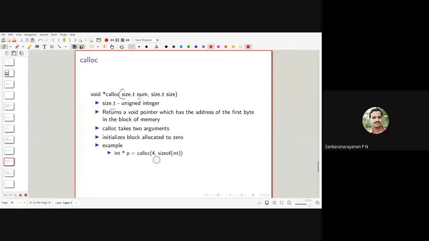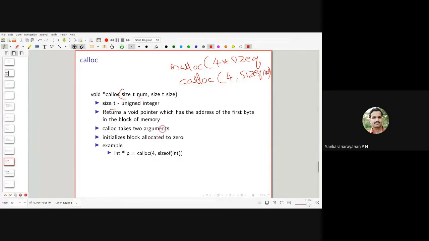The number of locations to be allocated is a separate argument. If I want to allocate using malloc, I will write 4 into size of integer, but with calloc, it will be 4 comma size of integer.